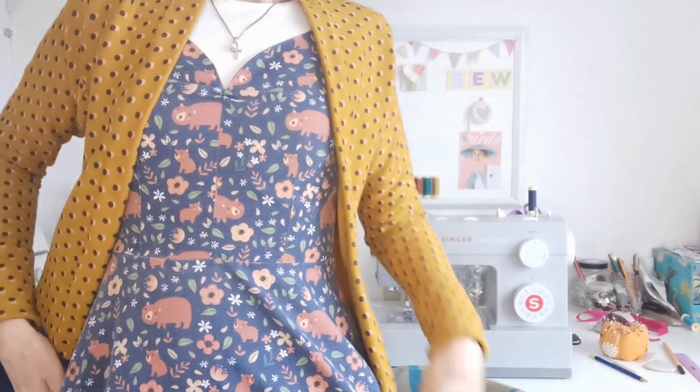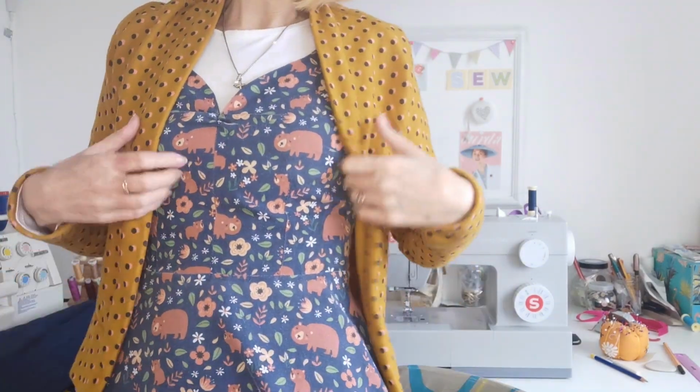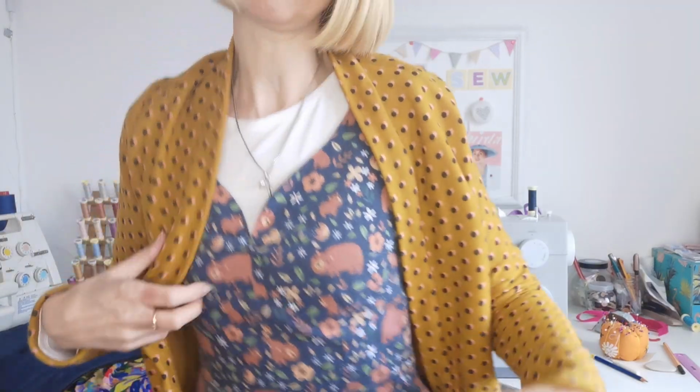Oh, I'll let you know what I'm wearing because I know people do ask sometimes. I have worn this before. This is a Sienna dress by Simple Sew with pockets, and it's got little bears all over it. I have shared this before because I wore it a few times. So it's sleeveless, so I do wear it in the summer, but I've got a t-shirt on underneath. So it's a wardrobe builder's t-shirt, just white jersey, and this was the Bertha cardigan that I made, but